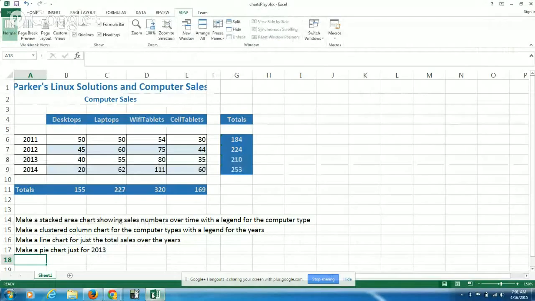about Excel charts. So we're going to take some data and we're going to make some charts. And so here I describe the 4 charts we're going to make. First one, we're going to make a stacked area chart showing sales numbers over time with a legend for the